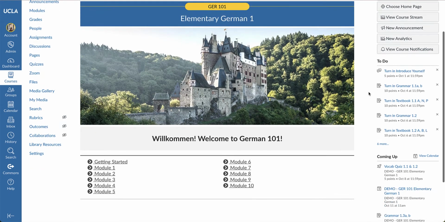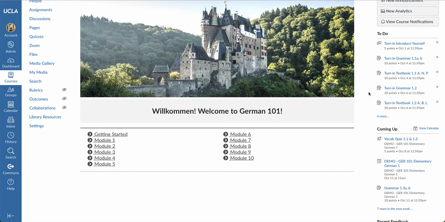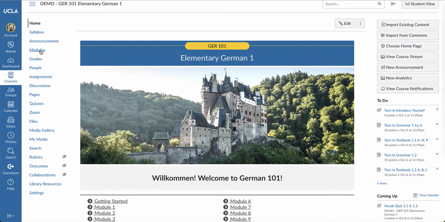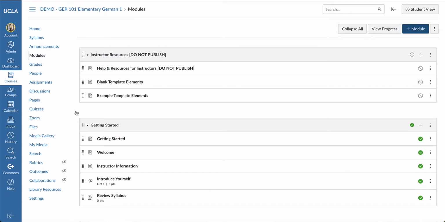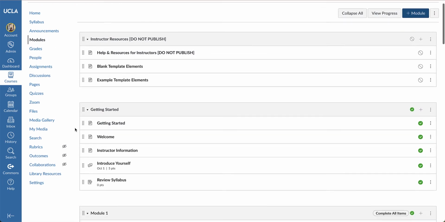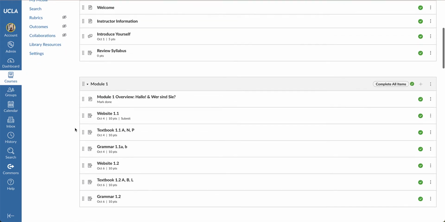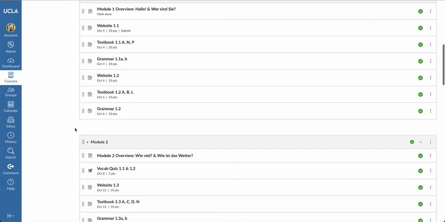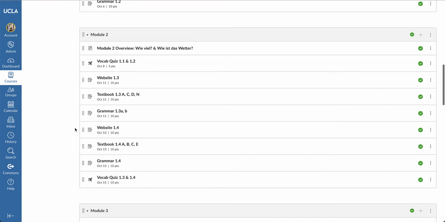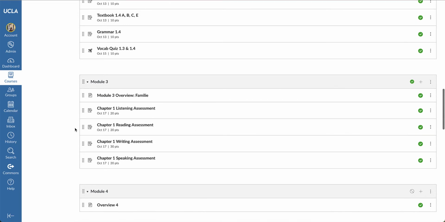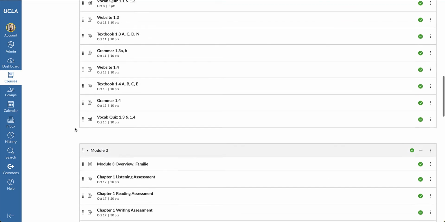The first thing I'd like to show you in this site is the way I've laid out my modules. As you can see, by using the Canvas template, you can navigate to any of the modules from the home page. Let's click on Modules in the left-hand course navigation to see what's in each module. For the purposes of this demo site, I've built out the first 3 modules, as well as the Getting Started module. My modules are comprised of a module overview, which I'll show in more detail shortly, assignments, quizzes, and chapter